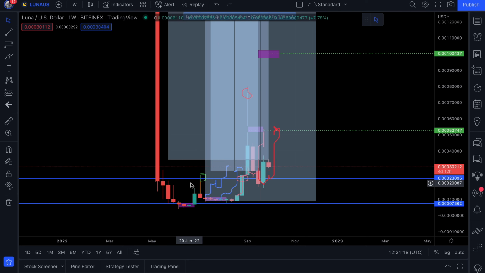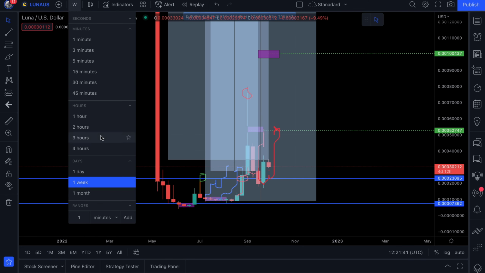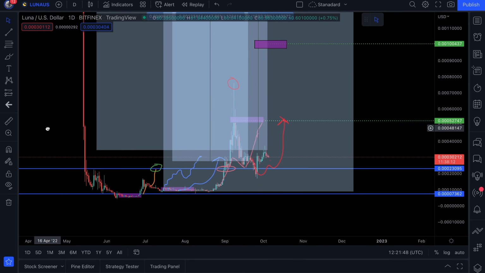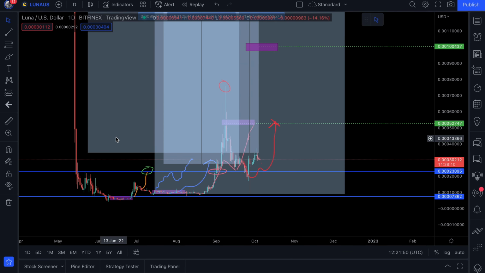Now, why are we bullish before we move forward? Number one, we have clear bullish candlestick patterns such as the double bottom pattern. Also, we've closed above a key area of structure, and not only have we closed above, but we also rejected it. So came down, rejected the structure area, and have bounced off of it and closed above it, right? So now that we've come to that conclusion, we want to go on our entry time frames. This is going to be our 1 day and also 4 hour time frame, which I'm going to show you